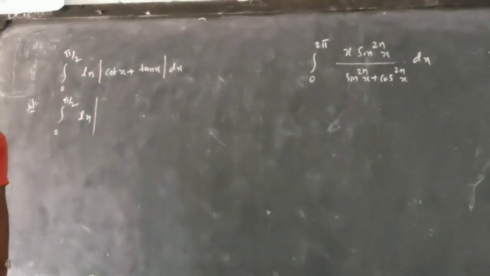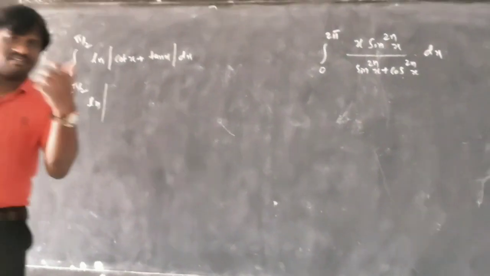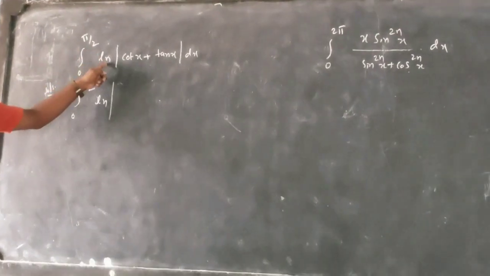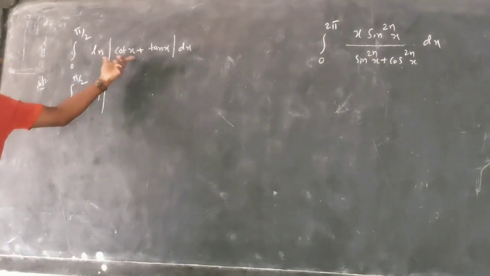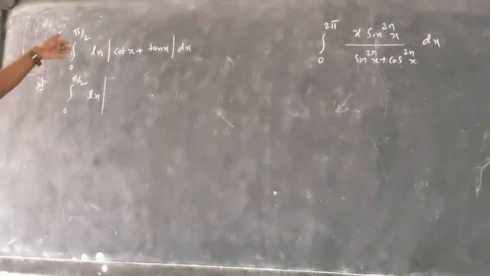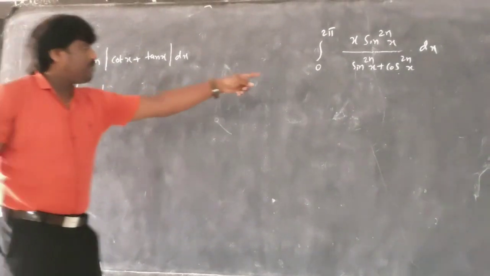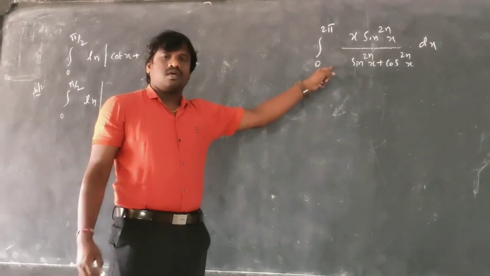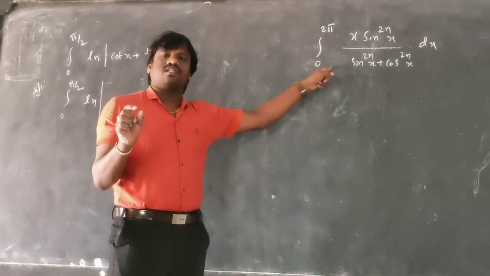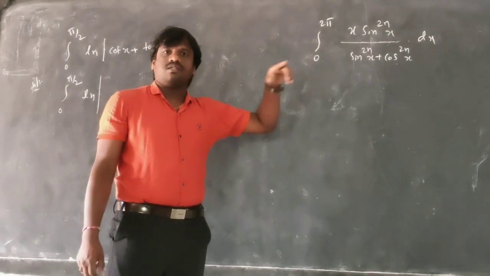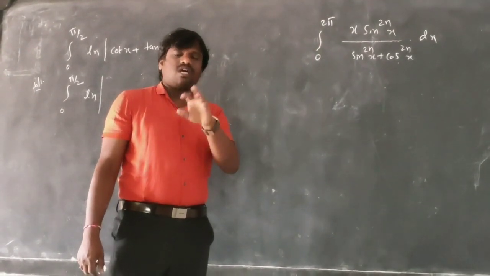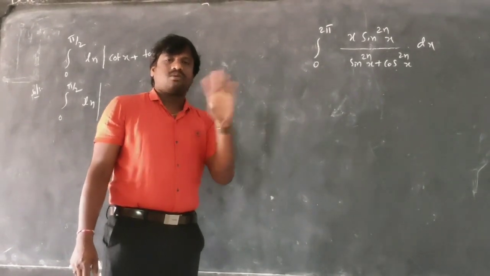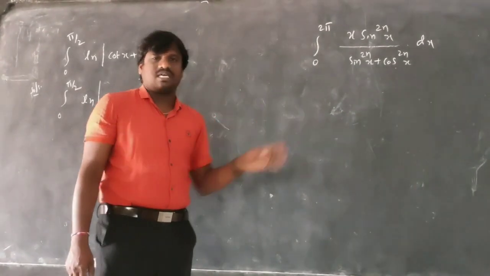Based on the previous section, the same question we are going to do: integration 0 to pi by 2 ln(cot x + tan x) dx. How to find this? These are previous year questions, very important, and these types of questions I will explain tomorrow. Tomorrow I will finish the Queen rule in the beginning, and then I will go for the other properties. We will go through all the properties. In 2-3 days I am going to complete all the properties, and at max in 7-8 days we will finish this chapter.